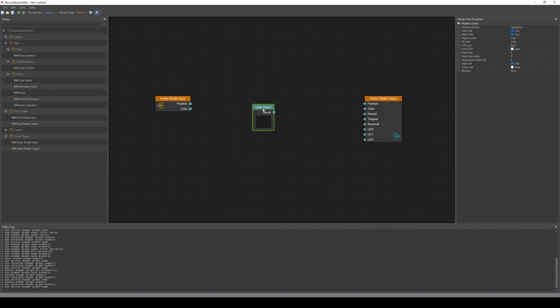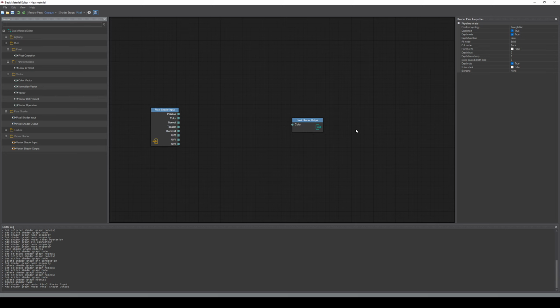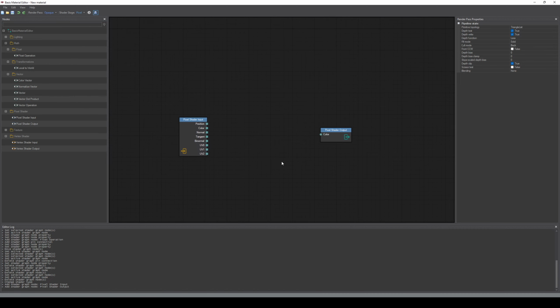So all these are seemingly simple things, but very important to make an easy to use shader editor. I've also just polished the UI a little bit. For example, here you might see that these now have distinct colors, and you can see that the vertex stage is now identified by this orange here. The pixel shader stage, on the other hand, has these blue nodes, and this is just to sort of start to build some kind of easy to read visual identity,